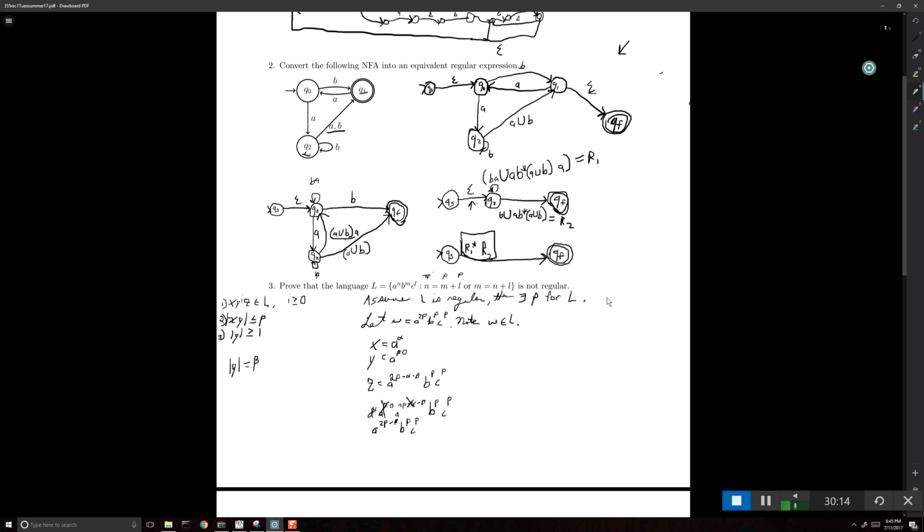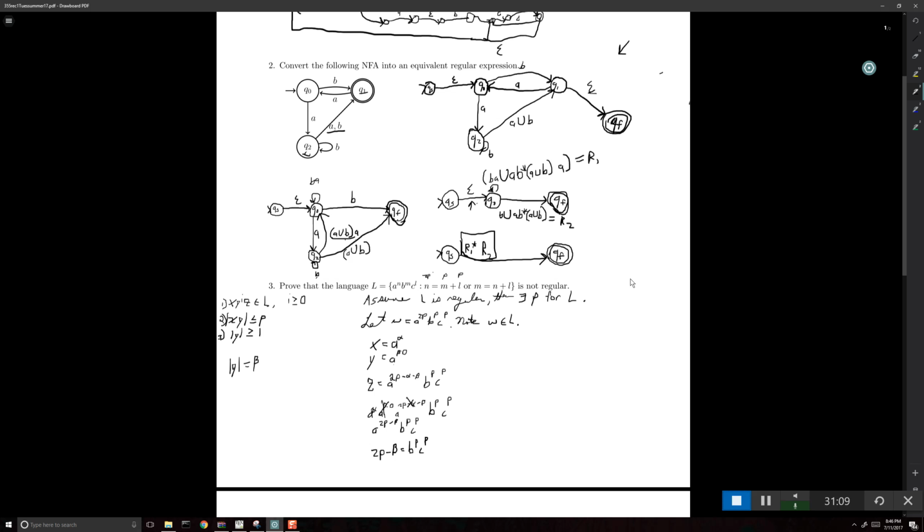And if this is the string that we get when we pump i down to 0, then this is now a string, and it has to be in the language, right? Well, what does the language say about these strings? It says that you'll have a to the n, b to the m, c to the l, which means that each of these things that are written like powers up here, the superscripts on these characters, are equal. This one is equal to n, and this one is equal to m, and this one is equal to l. So we see from the initial rule that n equals m plus l. So we have 2p minus beta equals